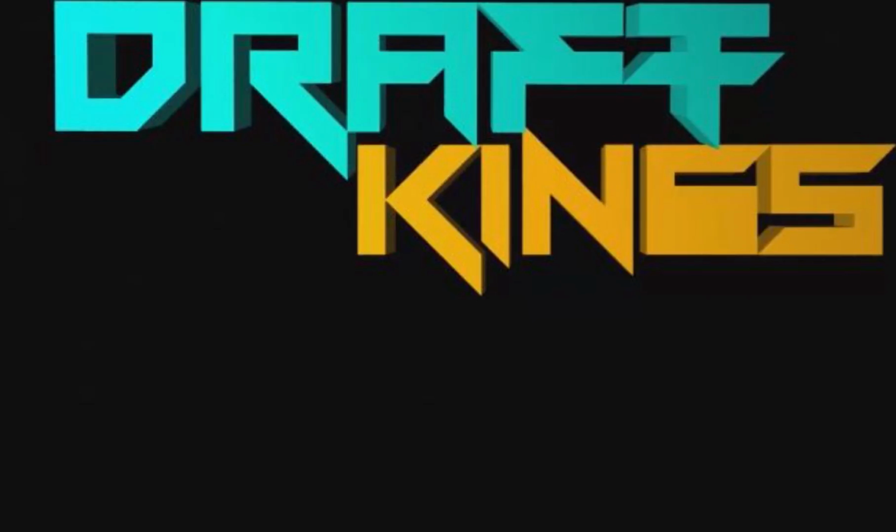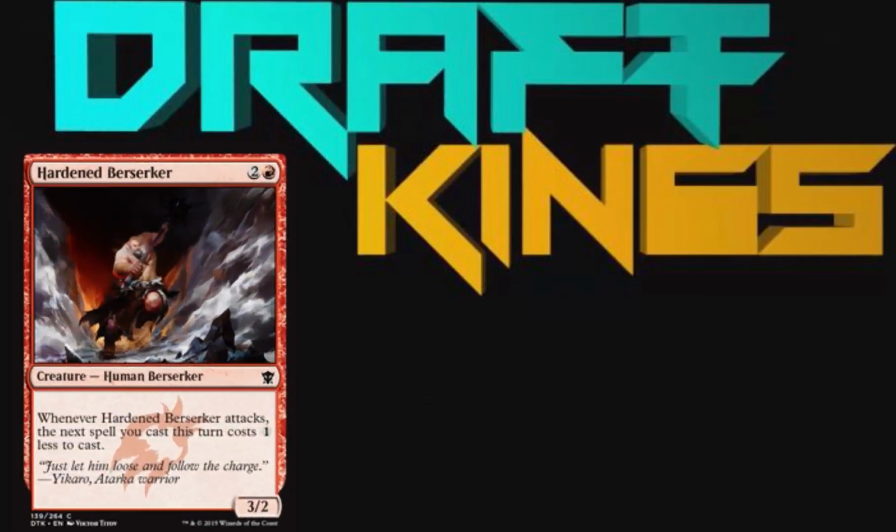But the next card is Hardened Berserker. He's a human berserker, 3/2 for 2 and a red. Whenever he attacks, the next spell you cast this turn costs 1 less to cast. I mean, he's got okay